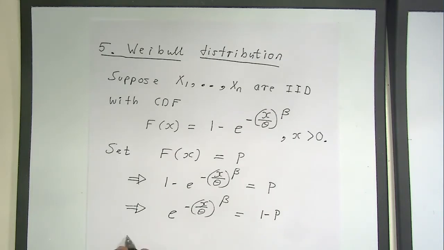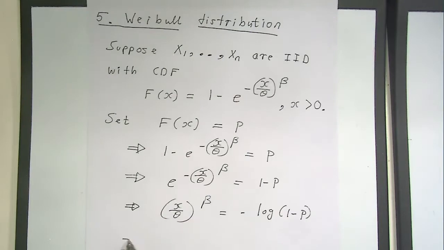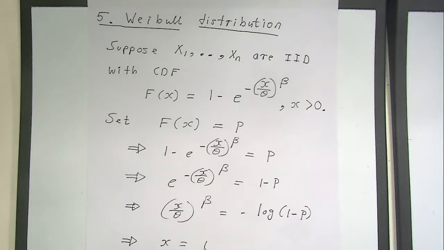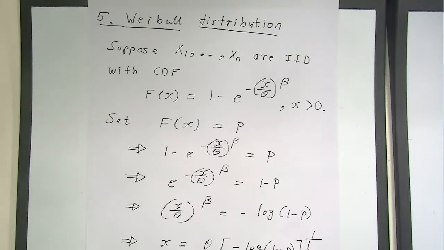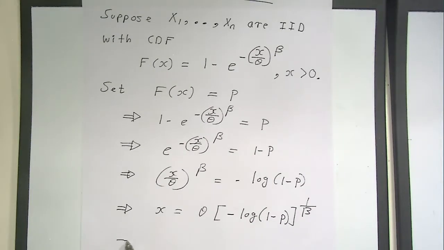Take the logs on both sides, and you get this, and therefore VaR. Let me do it one more step. x is equal to this, and VaR is equal to